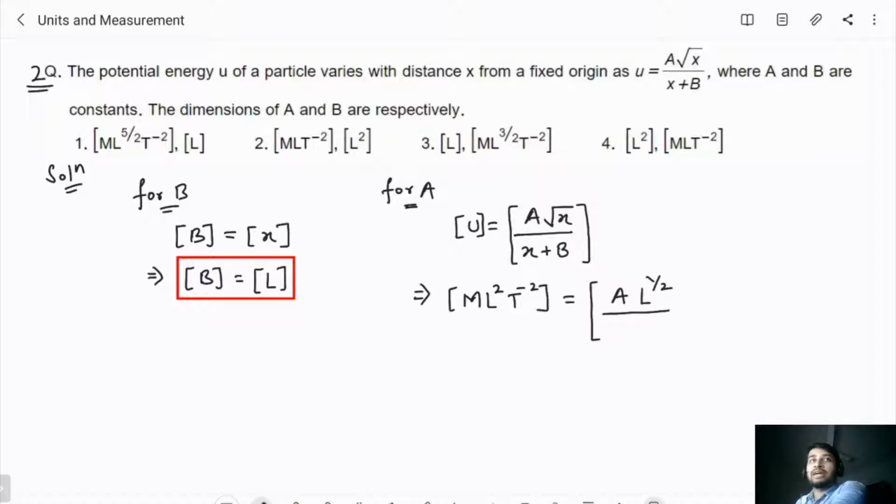Yes or no? You add 5 kg and 3 kg, finally we are going to get 8 kg. So that will have the same dimension as that of mass. We are not focusing on the magnitude here. So the dimensional formula for x plus b will be simply L.